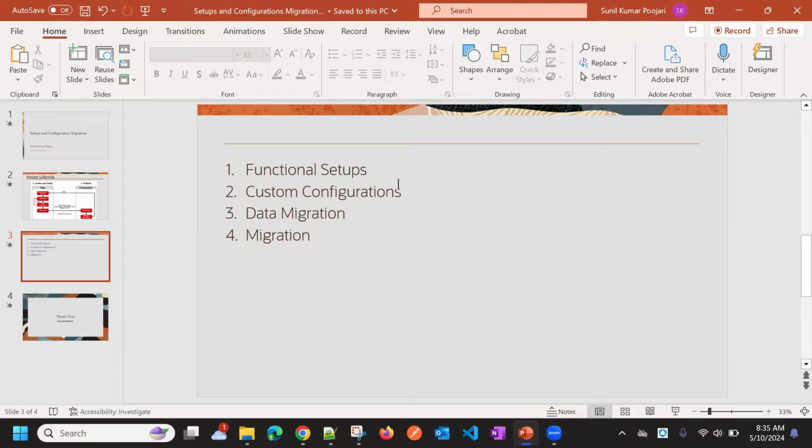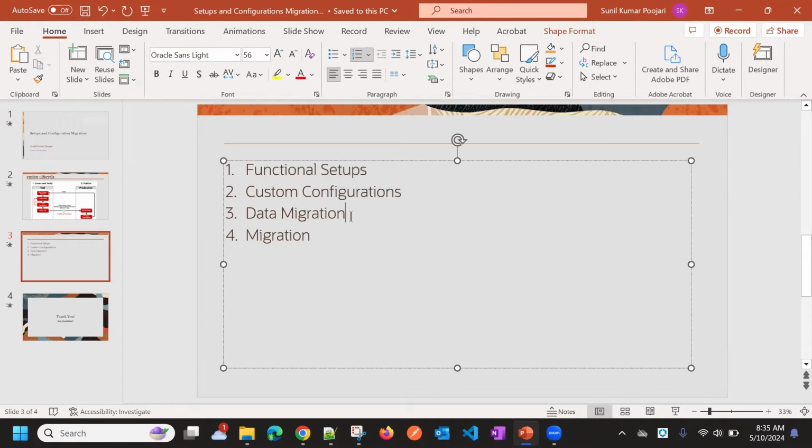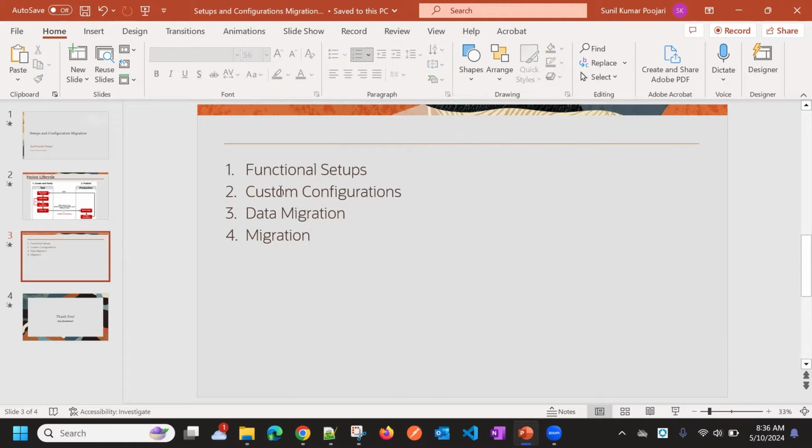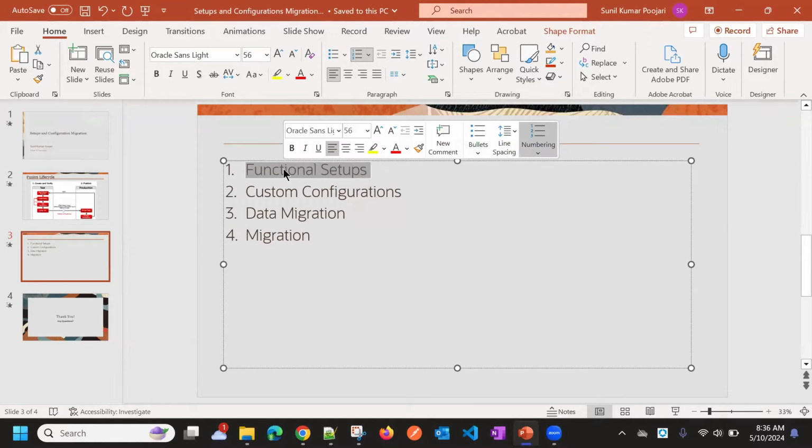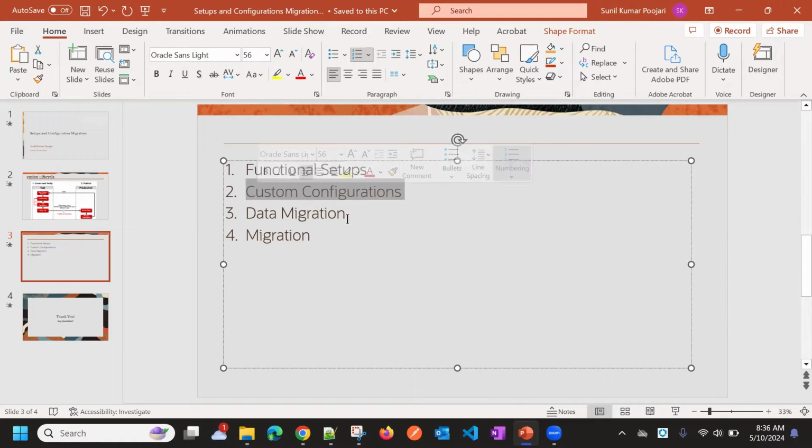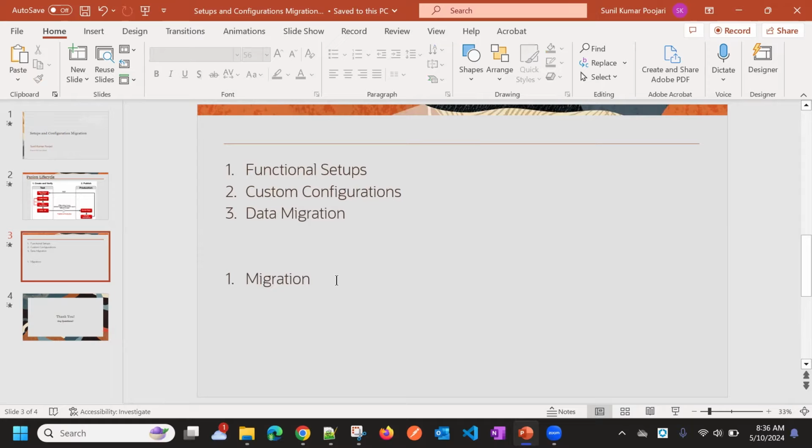Once these two configurations are available, then you can migrate the data into one instance. Once you have configured all these steps, then you can migrate to a different instance. So basically we need to do in the test instance, functional setups first, any configurations, and then migration. Once this is completed in the test, you need to move these changes to the production instance